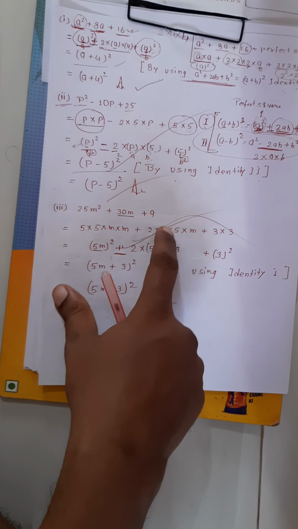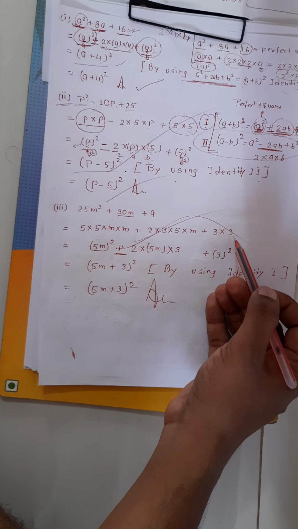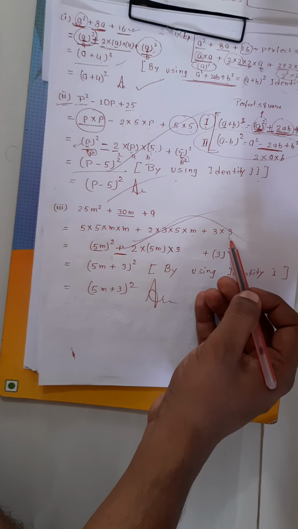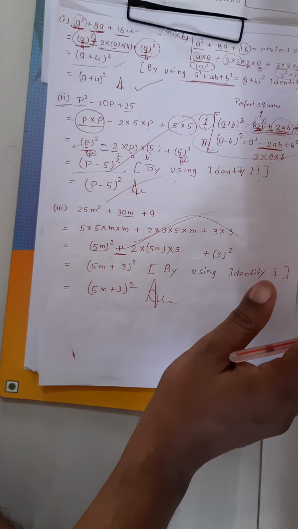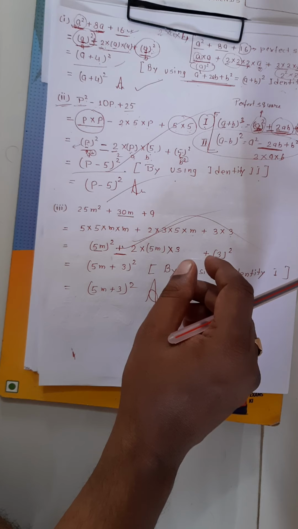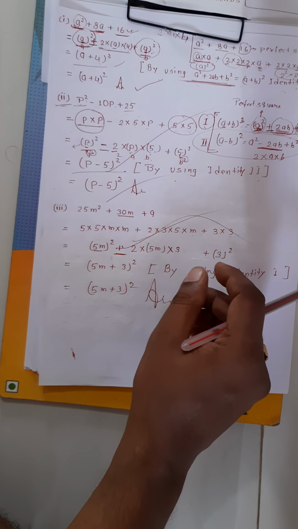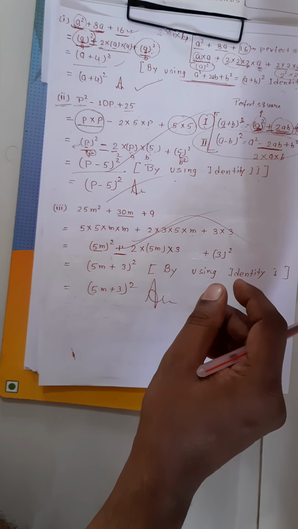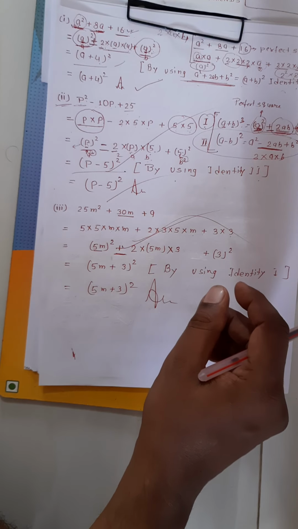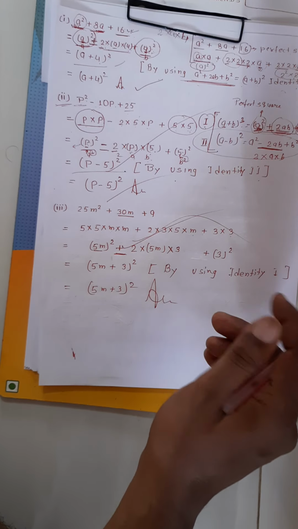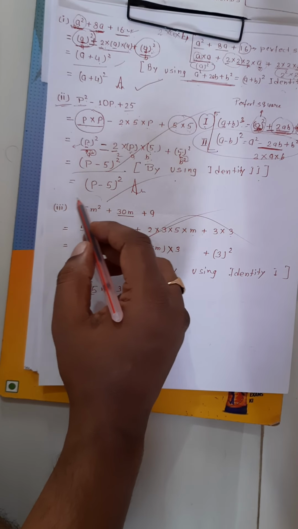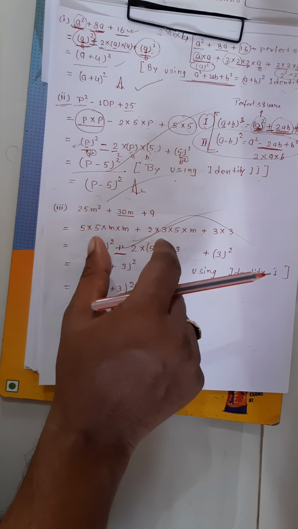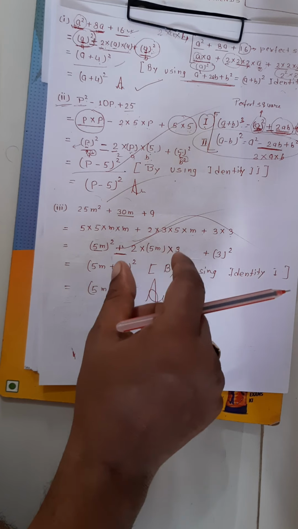5 is here, 5 is also here, but 5 is not here, so we cannot take out 5. Checking for m, m is here, but m is not here, so we cannot take out m either. So we cannot take out any common factor from all these terms. Second, we will check for regrouping. There is no fourth term here, only 3 terms, so we cannot use regrouping. For identity number first and second we need 3 terms, and here also there are 3 terms, so we can use identity number first or second.